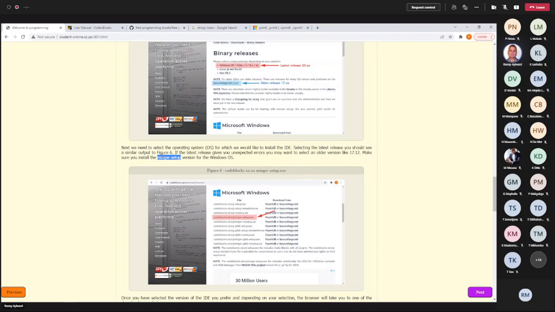If you don't do the MinGW setup, the compiler will not be installed, the GCC compiler for the Windows Intel AMD type environment, and it will not compile.